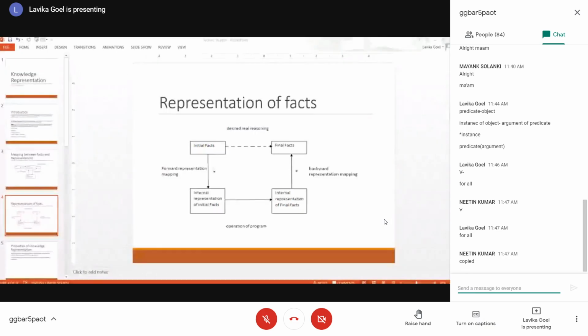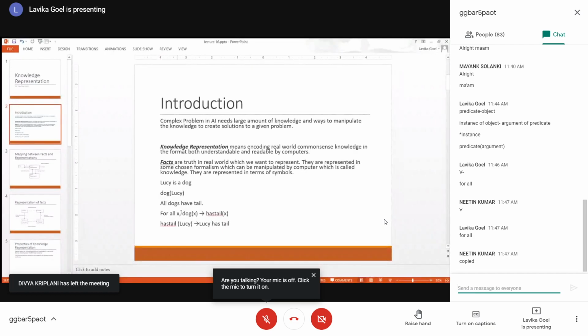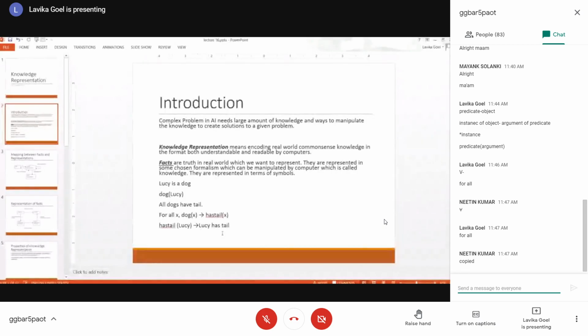Just see here, students, you have the internal representation of dog Lucy and the other internal representation, for all x, dog x implies has tail x, right? Now, from this, you apply some reasoning and some operation on these facts and you get another internal representation, has tail Lucy. And this is the internal representation of the final fact. So from this, you can generate the final fact as Lucy has a tail.